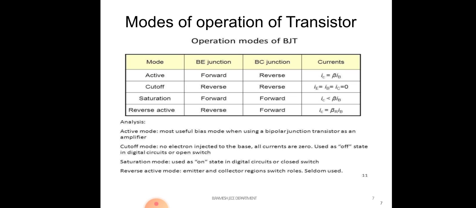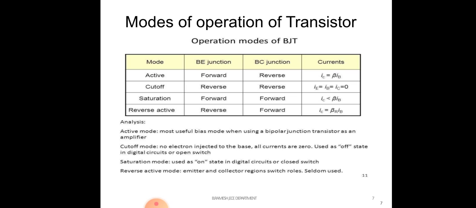For this, IC is equal to beta times IB, which represents the common emitter configuration output current, the collector current. And what is the cutoff region? Cutoff region means the emitter base junction is reverse biased and the base collector junction is also reverse biased, so that is called the cutoff region. In this region the current is generally zero. All currents become zero because of reverse bias; leakage current will be there, but we cannot consider that current. Then the saturation region: both junctions are forward biased.